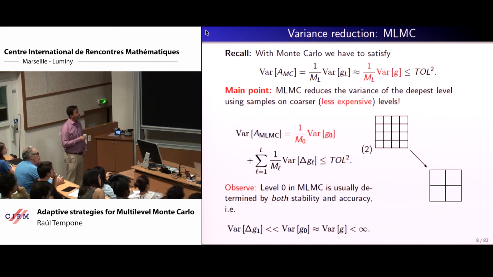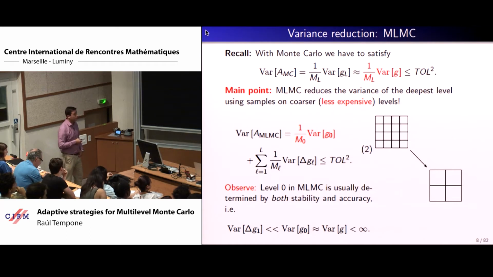If you, on the contrary, use multilevel Monte Carlo, the variance of the estimator, again by construction, is based on independence, not only between the samples on each level, but among levels. We get a sum of variances across levels. The first variance, the one coming from level 0, looks very much like this term. This is not a difference. This is not a difference either. But the other terms are 1 over M times the variance of differences. And what's the point here?